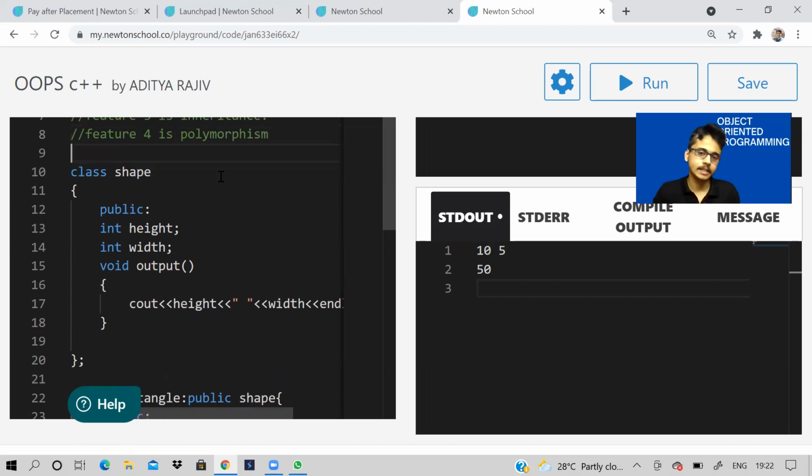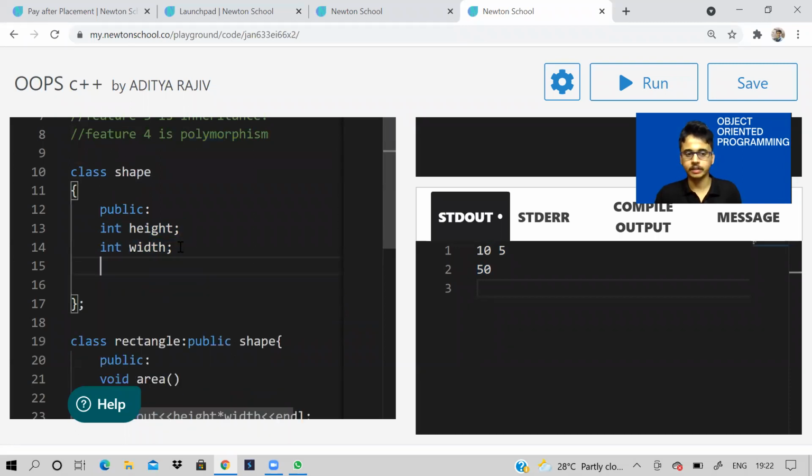We'll discuss in detail about inheritance and polymorphism in a dedicated separate video, but in this video, I just want to give an introduction. Now, what is polymorphism? Polymorphism means that we can use the same function, a function with the same name, and perform different operations. For example, I have here height and width.